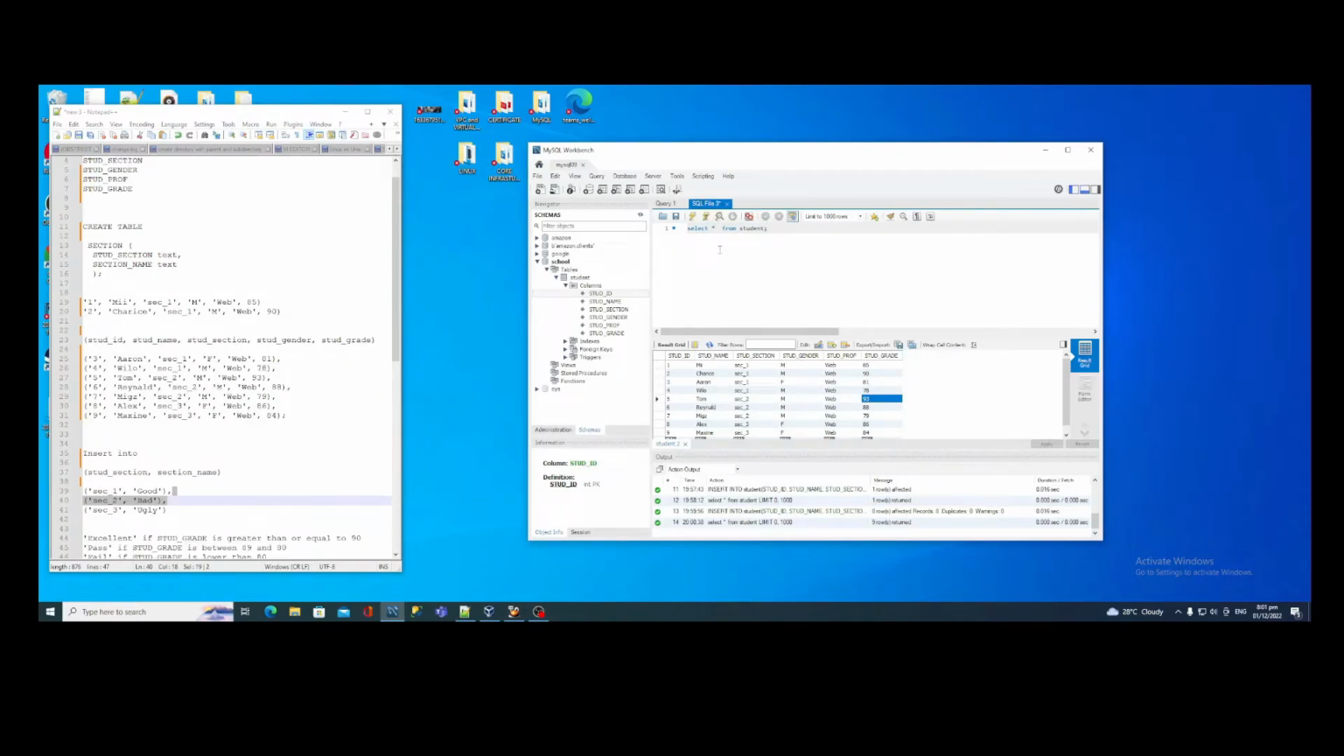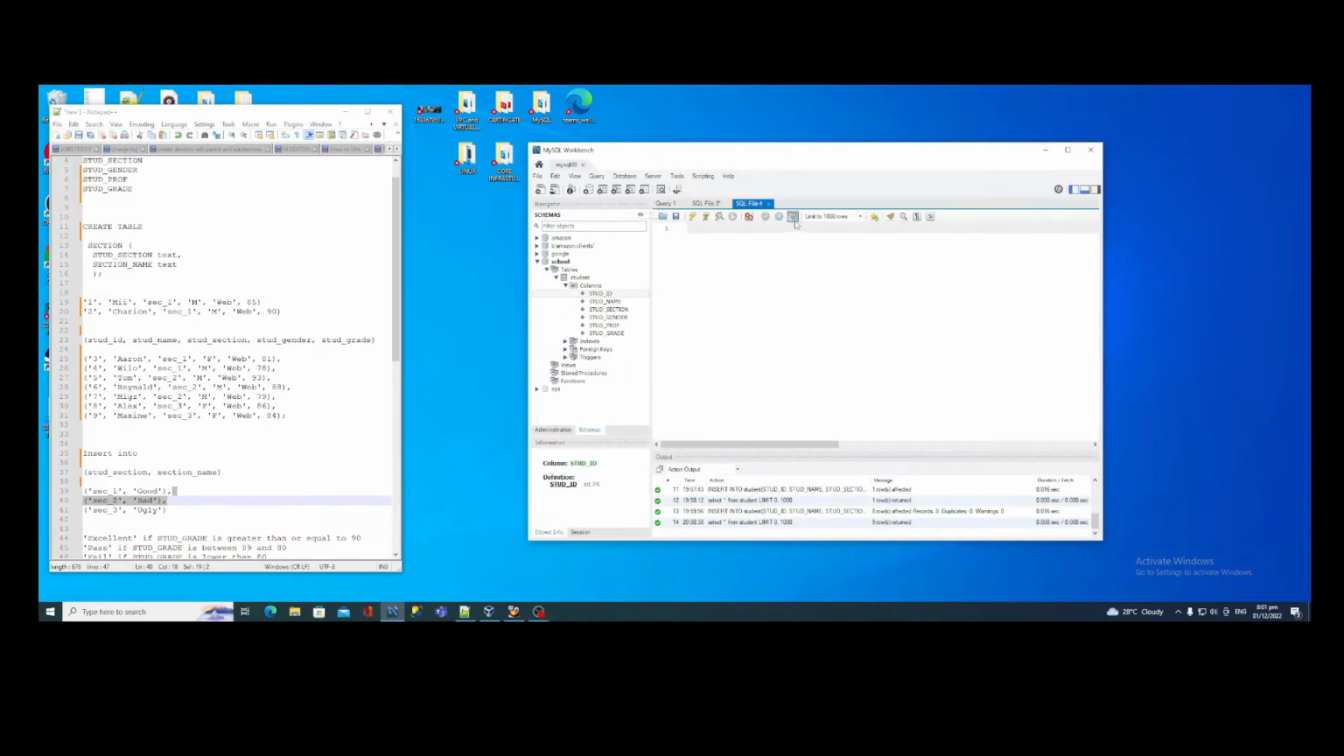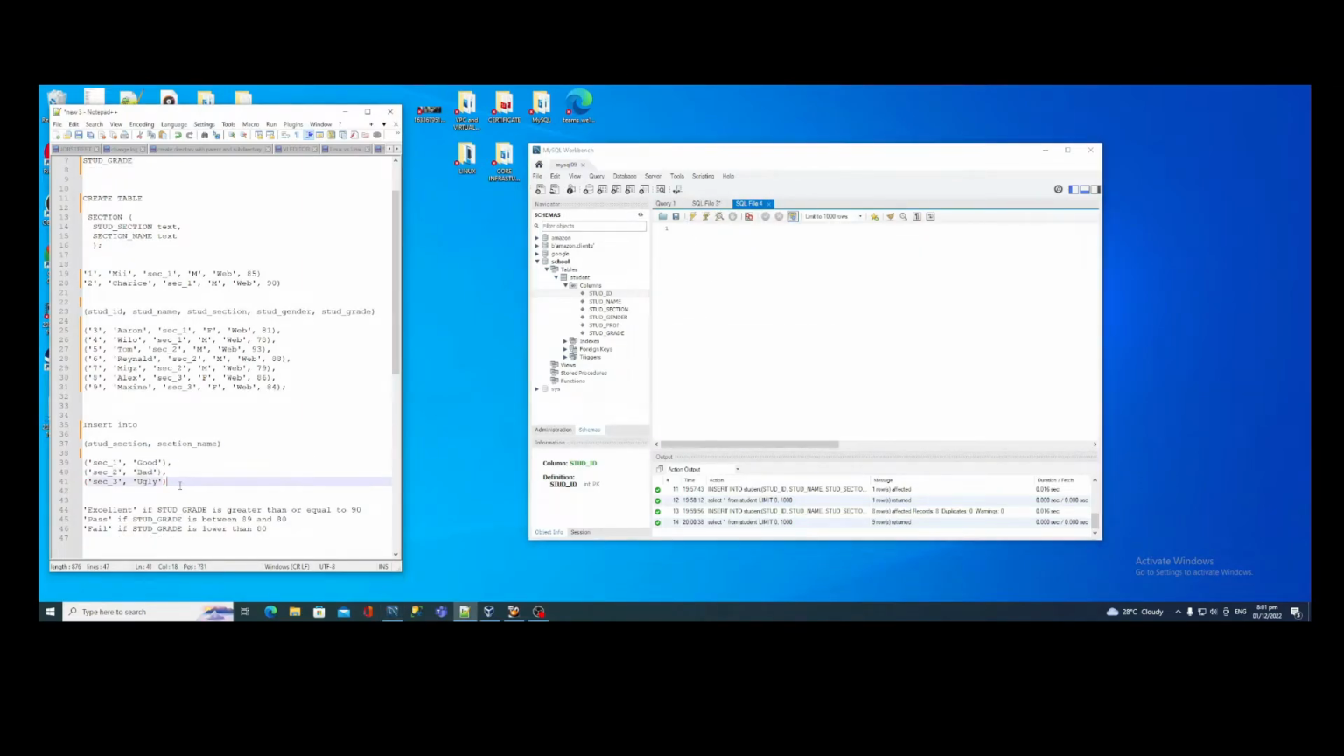Every time you create a query, always use a new blank query so you don't ramble all the queries. Yeah. Let's try to run this one. Insert into